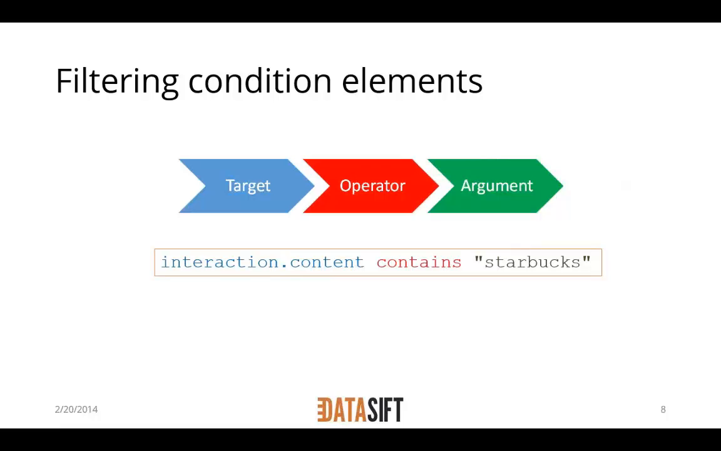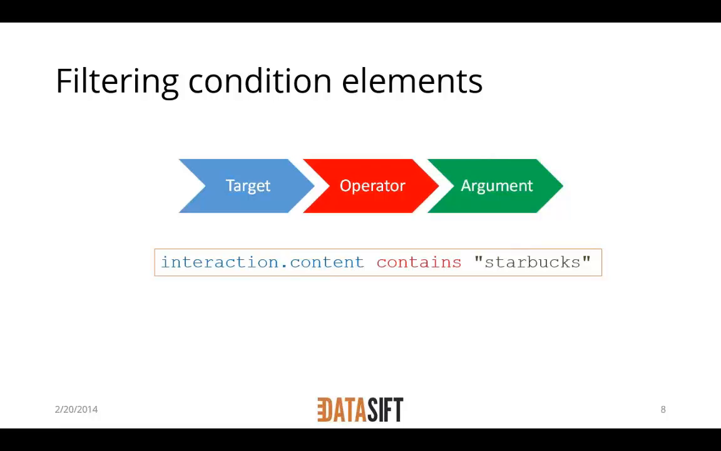The first part of it is a target. So this is which bit of information am I going to look in? The operator is how am I going to evaluate what's in there, and the argument is a value that you're looking for. So in this example, interaction.content, this particular target always has the message body of an interaction regardless of